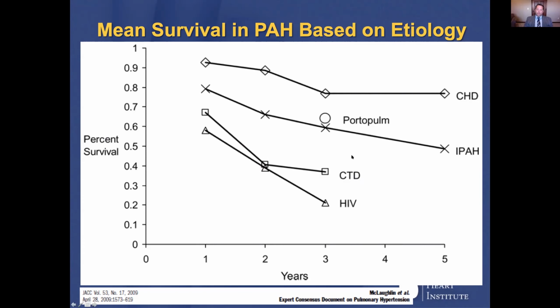Most severe was the associated PAH or connective tissue disease groups, idiopathic PAH falling in the middle, and congenital heart disease with the most favorable prognosis. There was some thought that perhaps the patients with congenital heart disease had a more favorable prognosis with shunts, as the ASD or VSD could serve as a pop-off valve, and that led to the